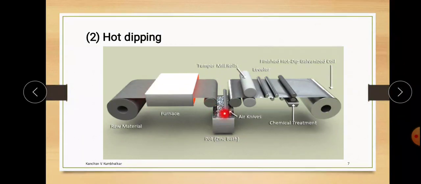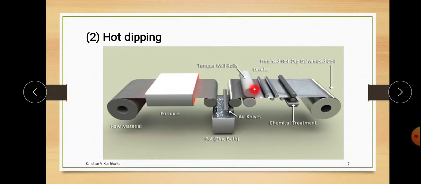Then it is transferred to the tub where the zinc is kept above its melting point, about 325 to 350 degrees Celsius, in which the zinc remains in liquid form. The sheet is passed through this tub. Then a thin coating of zinc forms on the article, the running sheet. This sheet is now coated with zinc, but it is not uniform, so it is transferred through different types of